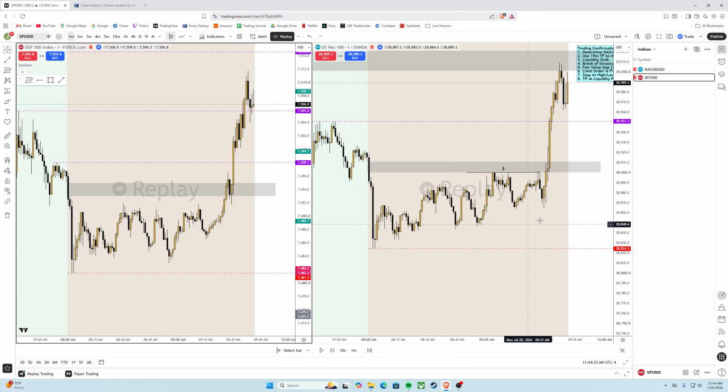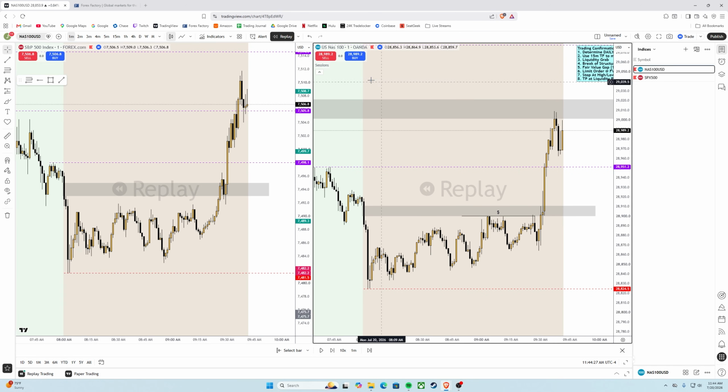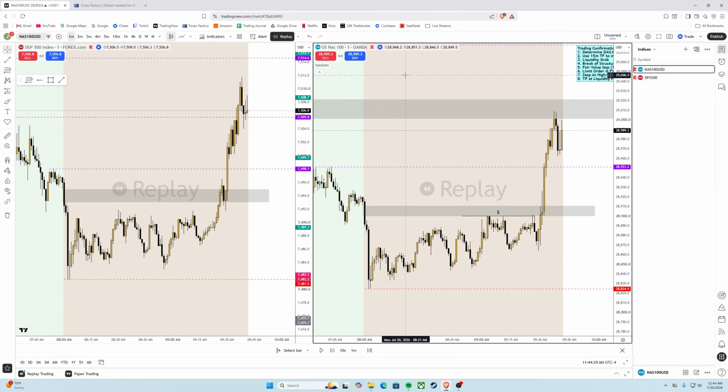So look at this move here, right? At this point, I'm done. I am walking away from the charts, and the reason for it is because our higher time frame bias was correct. I tell you guys all the time, higher time frame bias is 80% of the work, because you are moving with the overall trend in the market.